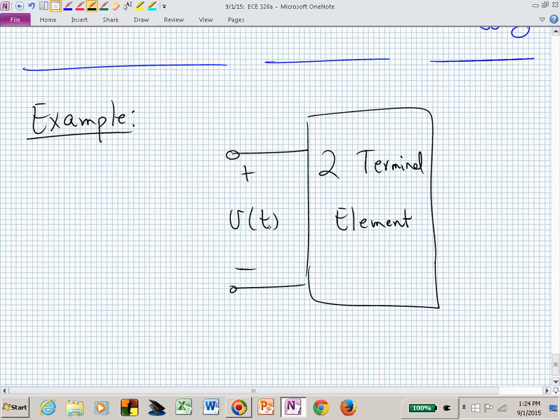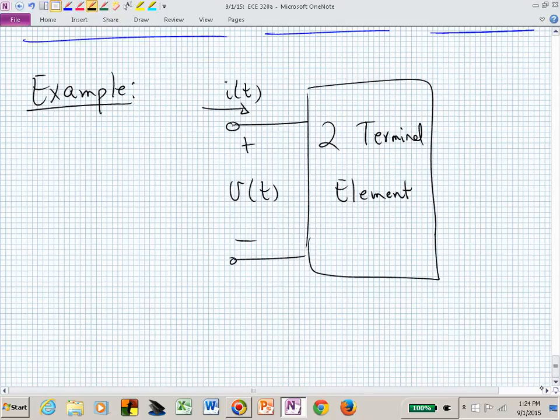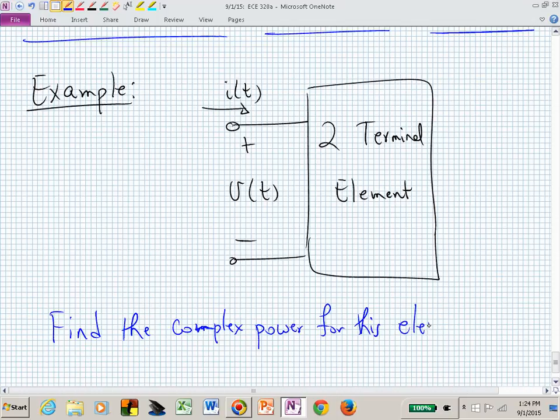There's my V of t, and let's say that the current is I of t. And we want to find the complex power for this element,